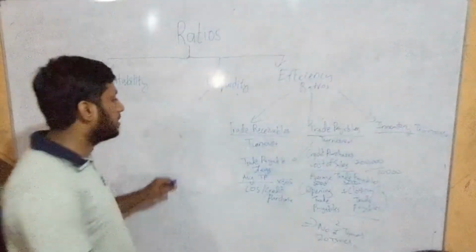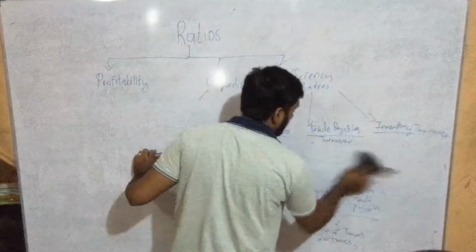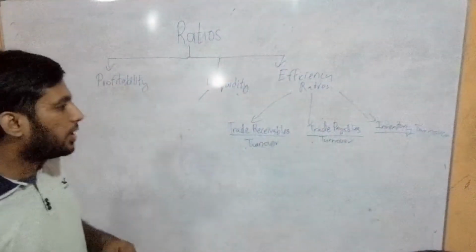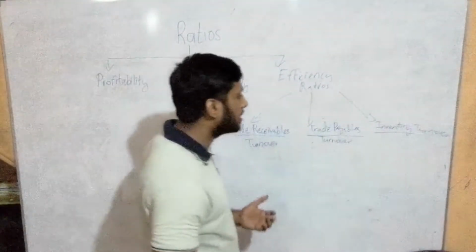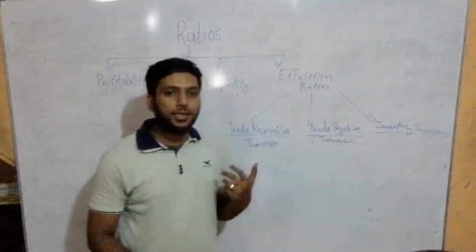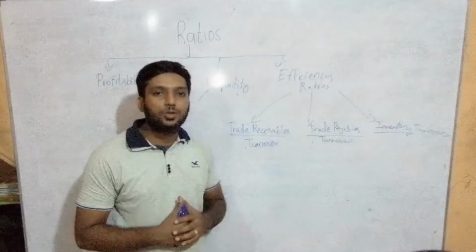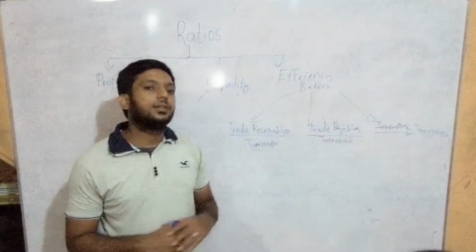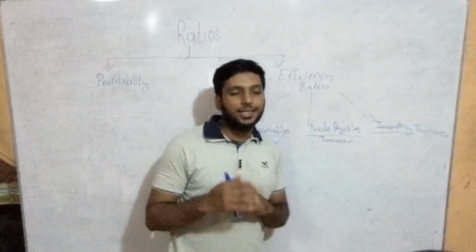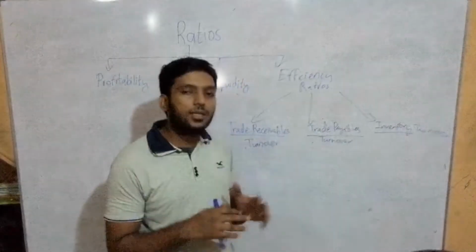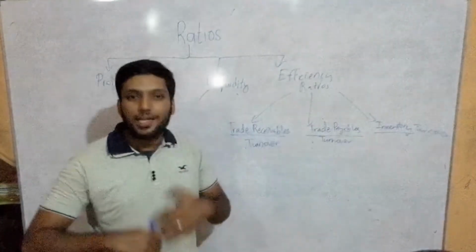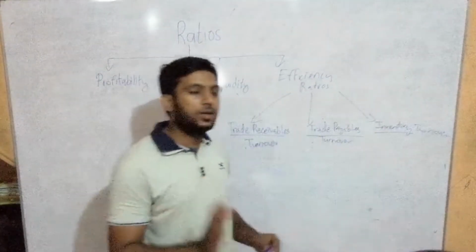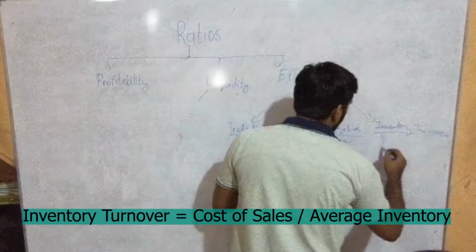Last but not least, for your exams, this is the last formula I'm going to teach you: inventory turnover. Why do you find inventory turnover? You need to understand how much time it takes to sell the inventory, which is represented by inventory turnover. If I say number of days, it is speaking about inventory turnover days. If I say how many times it has been sold in the particular year, it is representing inventory turnover only. So let's see how you calculate inventory turnover.